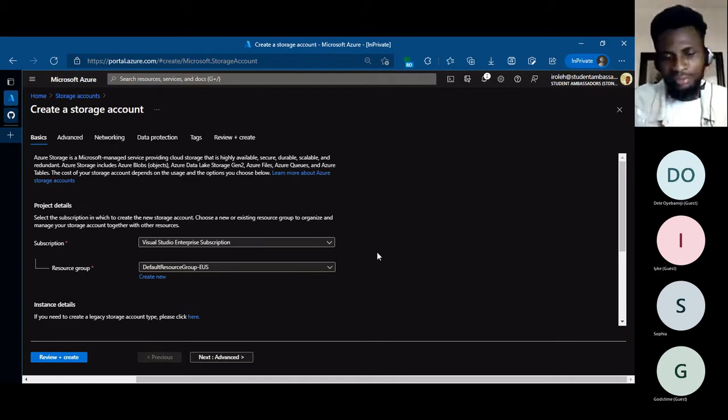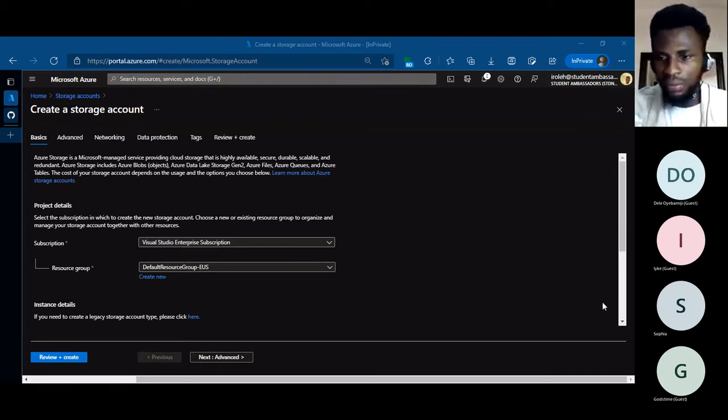They should also all be in the same region. It's a very best practice that when deploying resources to one resource group, they should all have one region and one subscription. Or else maybe these resources are solving different problems in different regions, then you can go ahead and deploy them to different regions. But there are cases where all the resources need to be in the same region to communicate with one another. If that's the case for what you're doing, then you should always make sure that you have